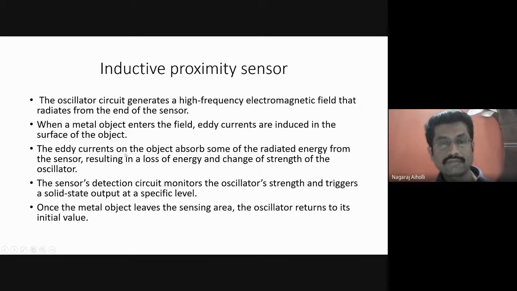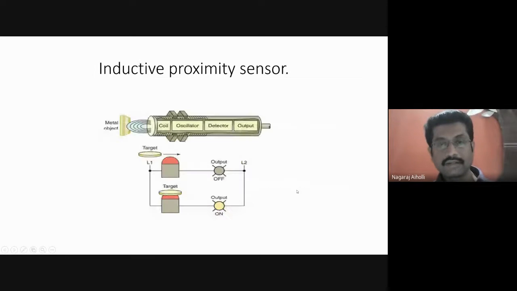The object will absorb certain energy from the electromagnetic radiations, resulting in loss of energy and change of strength of the oscillator. That absorption of energy by the object will result in loss of the signal and a change in the strength of the signal. The sensor's detection circuit monitors the oscillator strength. This detector will monitor the strength of the received signal